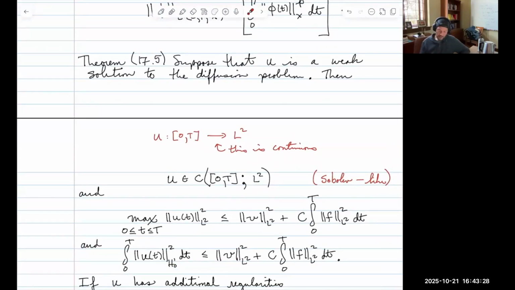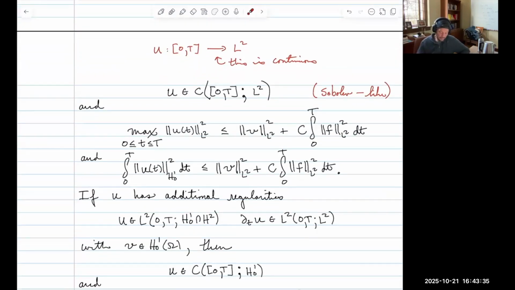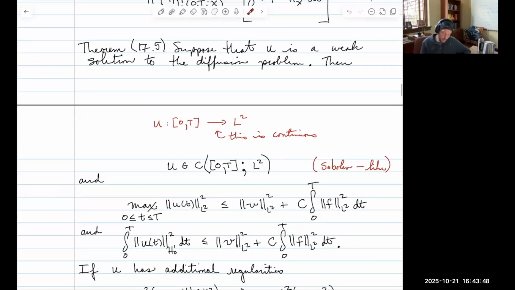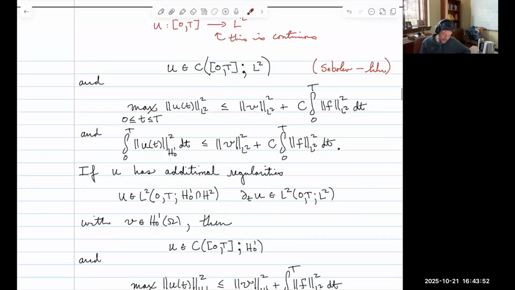So I'm not going to go through that proof. That proof is in that book by Evans that I referenced earlier, Partial Differential Equations, and it has all the details. We're going to skip them here. What's important for me is that if we have a weak solution to the diffusion problem, then I can show